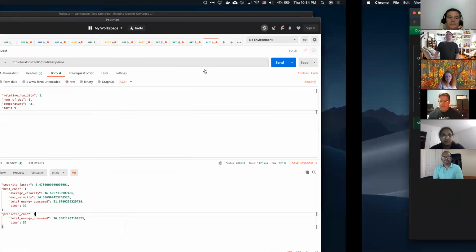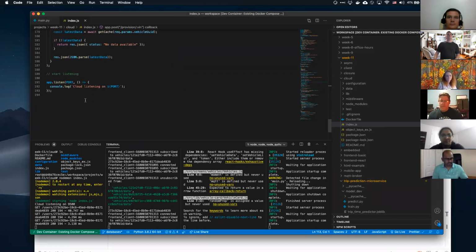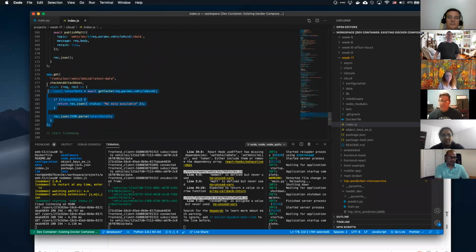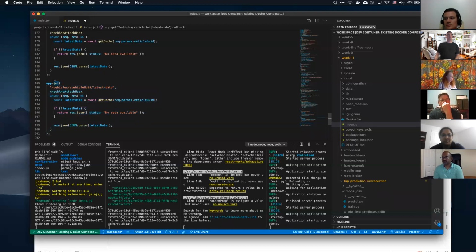So if we do that, what that means is that we can create a new route in our cloud, right? We're in cloud in index.js. We can just create a new get route. And that get route can be a prediction.